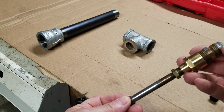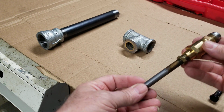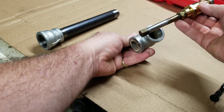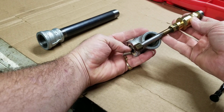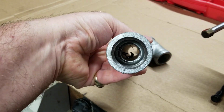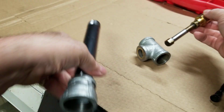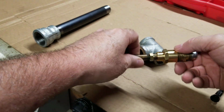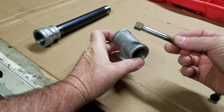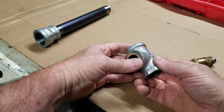And there's no thread sealant on this one. There would be on this one, that one, and that one. But basically all of that disappears down inside there, and then the nozzle ends up in the center here, straight down the tube, focus right down there, pointing down there. But the biggest thing that I see is getting the hole in the top of here exactly in line with this. So what I did is I cut a piece of,